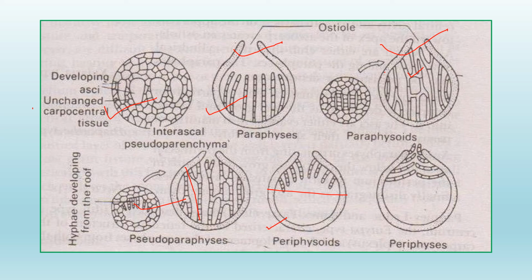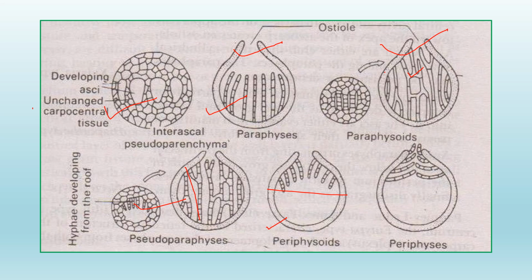So this is today's session. In this session we covered the types of fruiting body, that is, naked asci, which we can find in Taphrina. Example we have to remember. Then Cleistothecium, which is globose and made up of a wall, the peridium, with asci scattered throughout, where we can find Cleistothecium in Erysiphe and Elsinoe. Then Perithecium, which is a flask shaped structure provided with the ostiole, where we can find Perithecium in Claviceps and Venturia. Then Apothecium, which is a saucer shaped or cup shaped structure, where